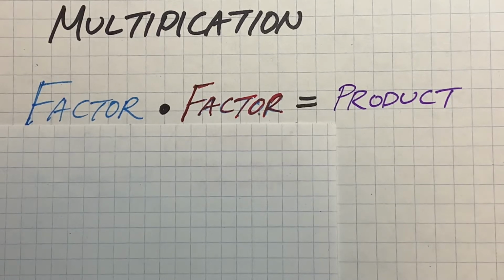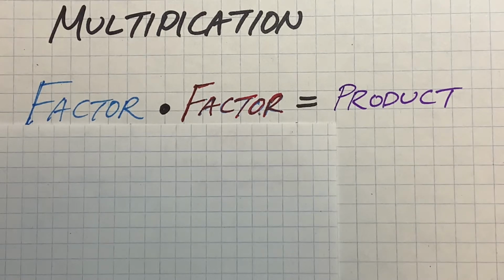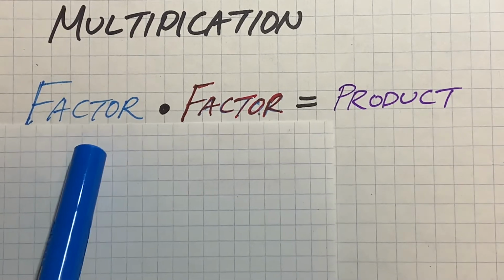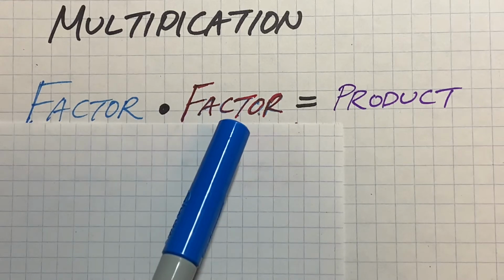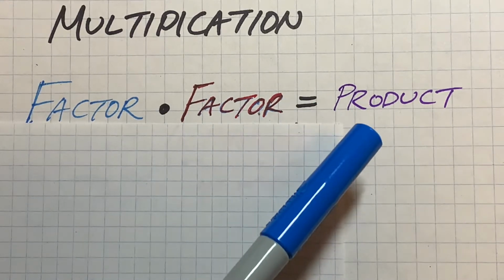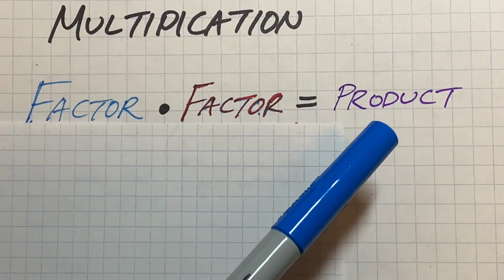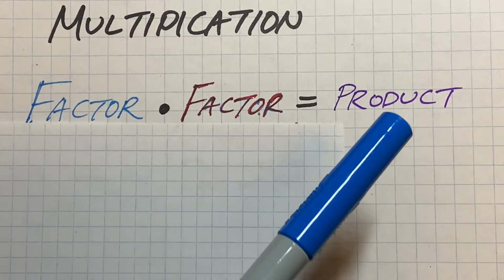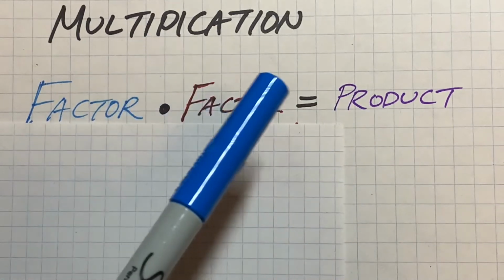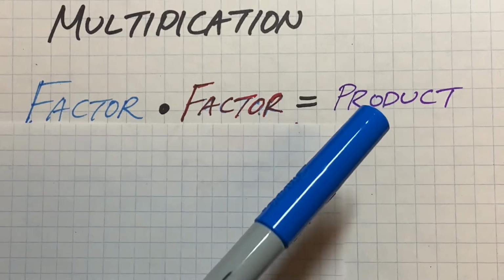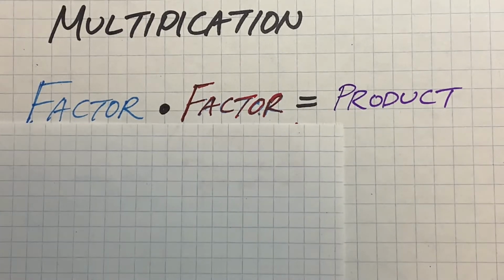Now, the first thing we want to talk about is multiplication. We want to understand that the basic concept of multiplying is basically repeated addition. The numbers that we multiply, we have a factor times another factor, and that's going to equal the product. The product is just the fancy way of saying the answer of a multiplication problem. So the product is the answer to multiplication. But furthermore,